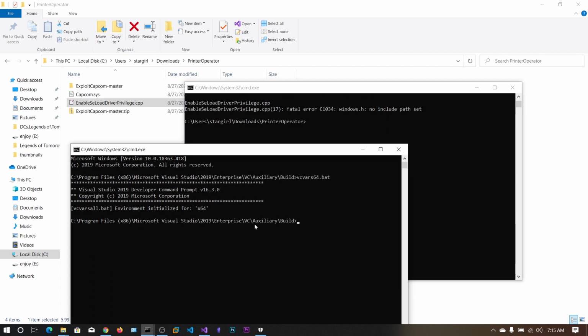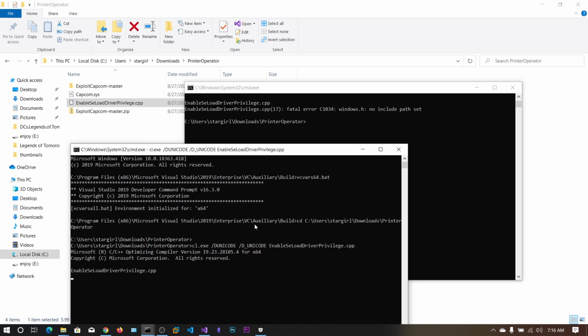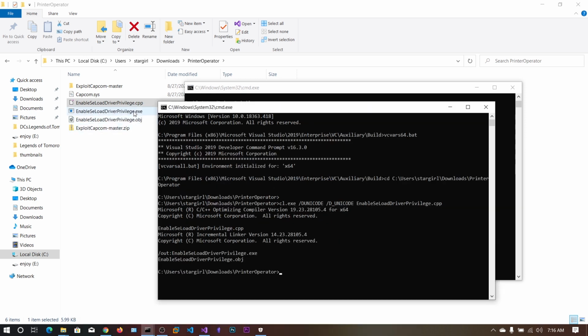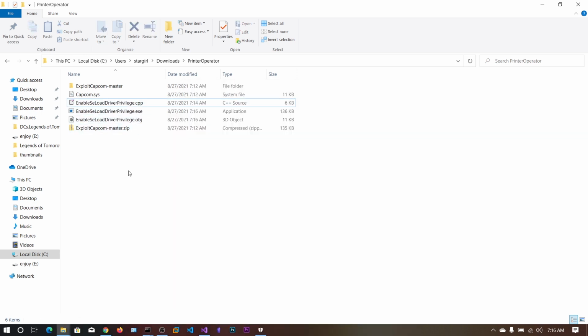So let's cd into our directory. Now let's try to compile again. And now you can see we got the executable.